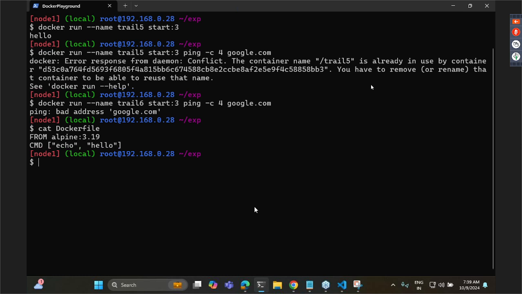Okay. Now it doesn't mean that entry point cannot be overwritten. But for overwriting entry point, what you need to do is, let me go with start 2, right? And for some time, let me try to remove names. So in this case, if you remember, we had an entry point and there was no CMD. Okay. So I'll try to write --entrypoint, and then over here, I can try to tell that echo